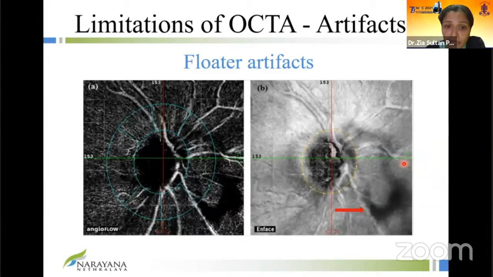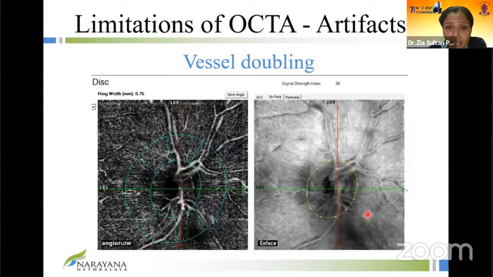Then you have floater artifacts. Again, you see this large area which looks like there's a dropout, there's absolutely zero vessels here, but that's because of the overlying floater, which you have to see in the en-face image. So before you actually read the values, just like in OCT or visual fields or any other diagnostic imaging tool, you have to first make sure that the test is usable, the image is usable. Then we have vessel doubling. So we know that vessels don't exist like this at the optic disc. You don't get vessels back to back. And this is actually a problem in the post-processing, when the image is being processed to reduce artifacts, sometimes it gives you artifacts like this, and you need to redo the scan once to correct for it.